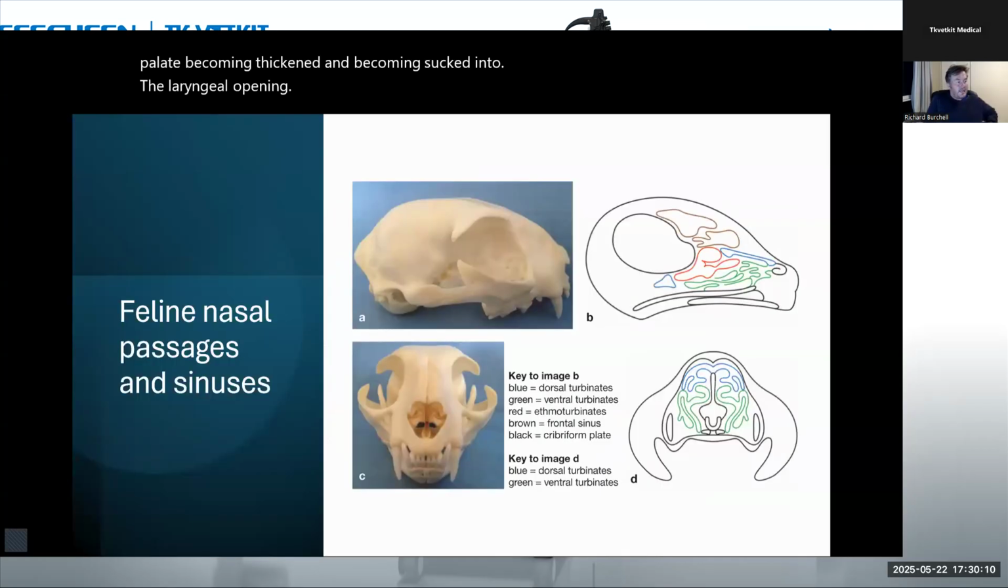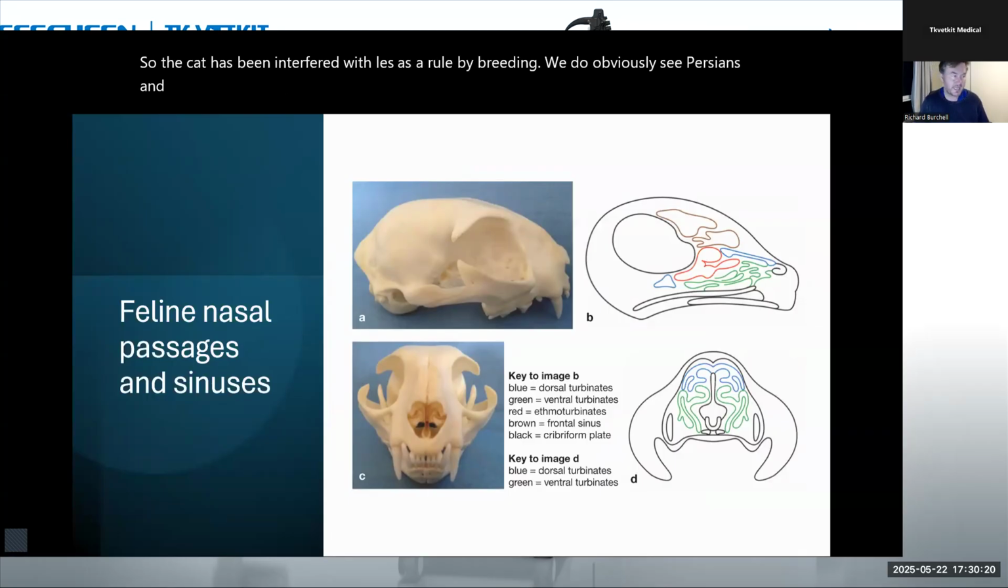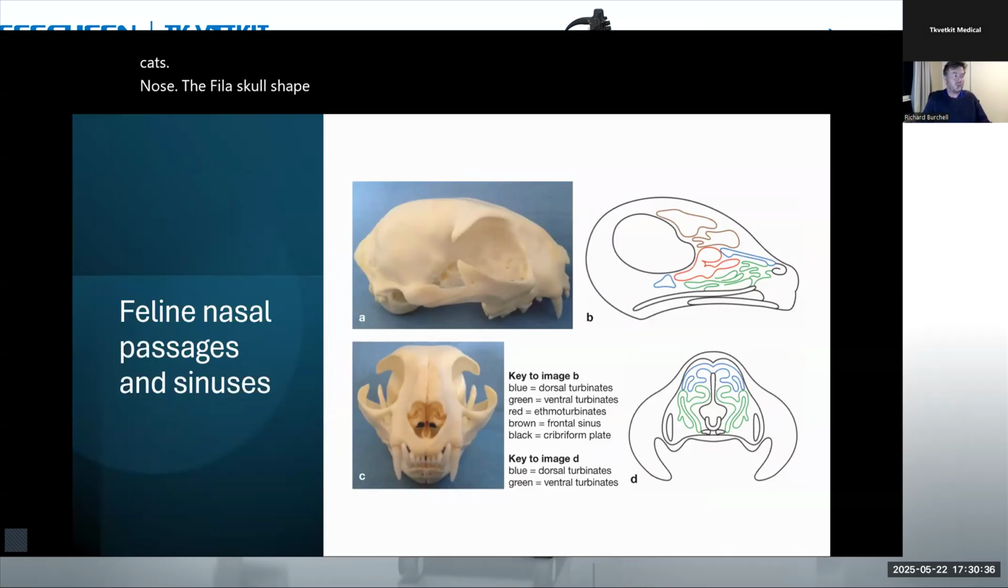So the cat has been interfered with less as a rule by breeding. We do obviously see Persians and chinchillas and other flat-faced cats, but the vast majority of our pet cats are not that dissimilar from their domestic ancestors. But the feline nasal passages are different in that the cat's nose, the feline skull shape, has a naturally shorter nose with much narrower